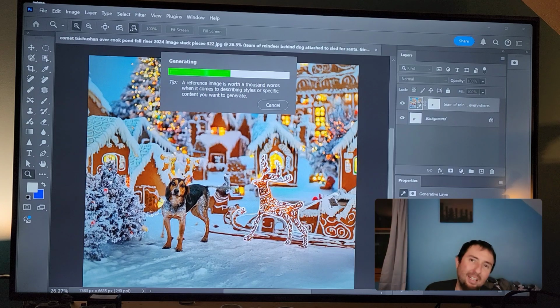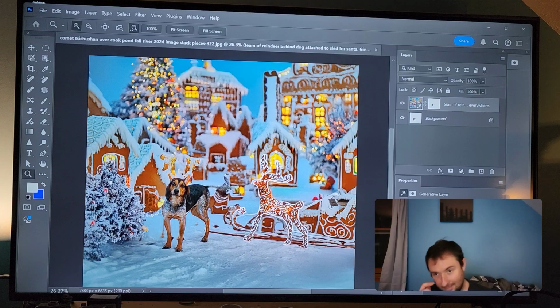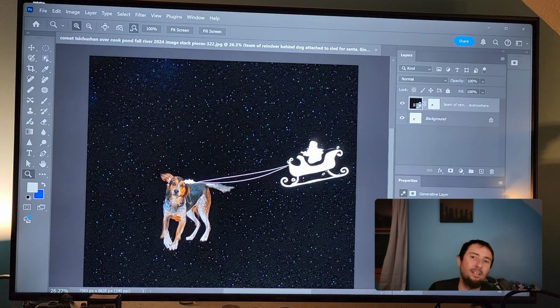Now, of course, I can't type anything like ghouls, demons, or anything remotely scary, otherwise it's going to say it can't do it. Okay, so you see how you never know what you're going to get at this point. I mean, you kind of know, but you don't really. So, this is going to be endless.